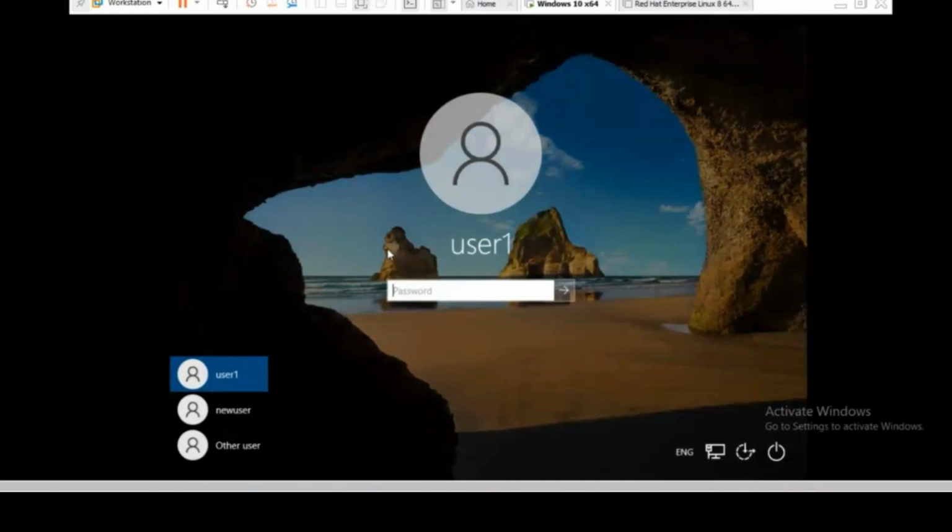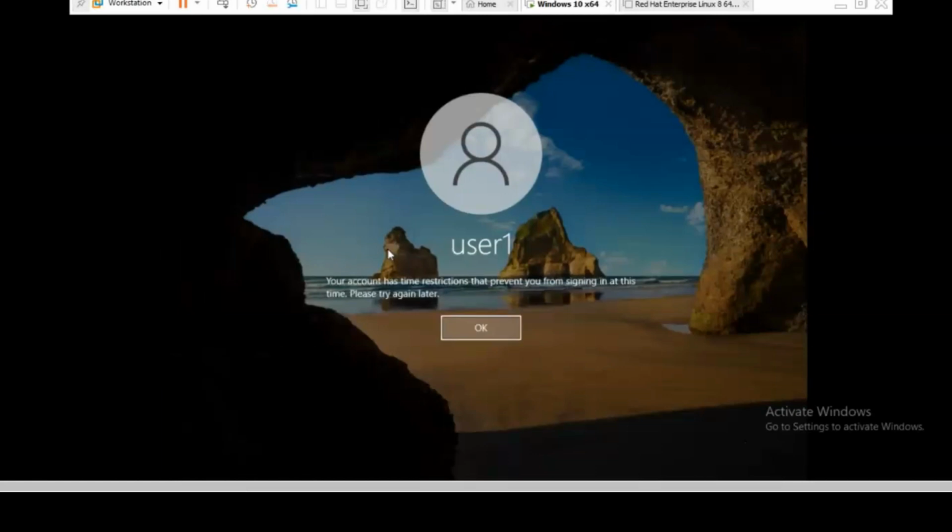Suppose you set the time for 9 a.m. to 6 p.m., and after 6 p.m. someone tries to log in. I just write the password and press Enter. It shows: your account has time restrictions that prevent you from signing in at this time. Please try again later. So it will only log in at the allowed time, which means tomorrow 9 a.m.